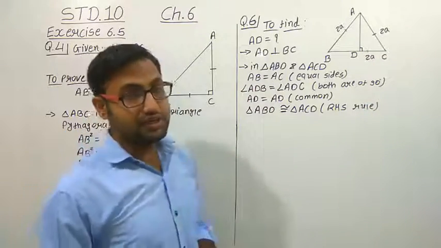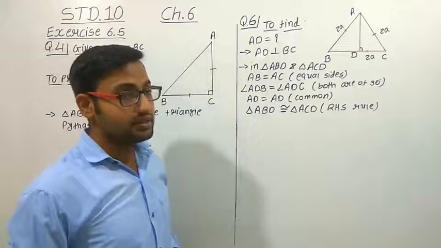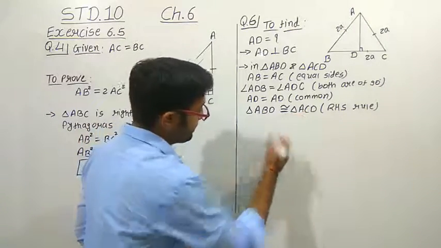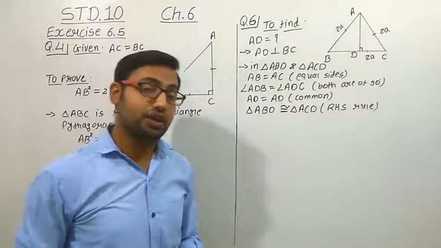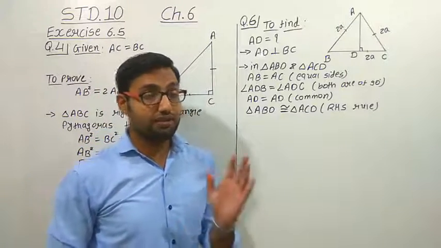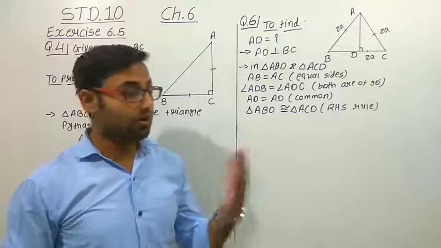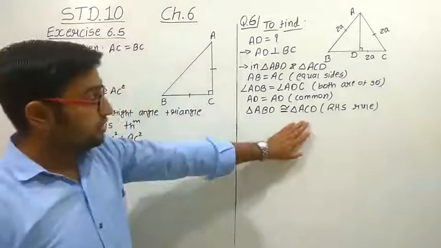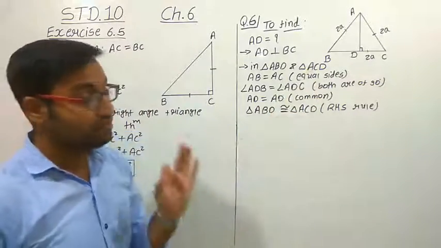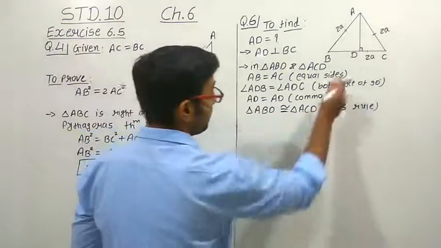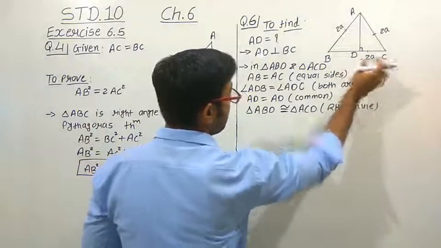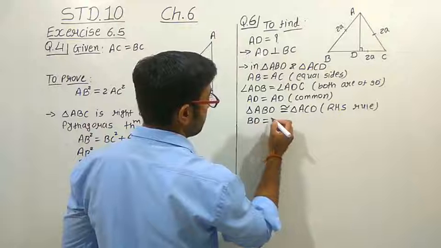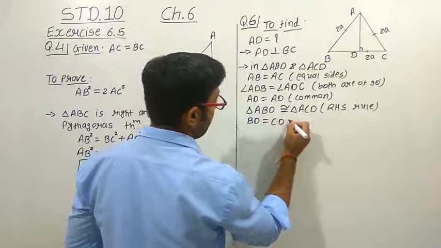Now a question may arise in your mind: why do we prove these two triangles congruent? Can we not prove that the two triangles are similar? But what is the result we get if we prove the two triangles similar? We get the sides in proportion. We cannot prove that the two sides are equal. But here, as we have proved that the two triangles are congruent, now according to the CPCT, we can say that the BD and DC sides will become equal, right? So BD will become equal to CD according to the